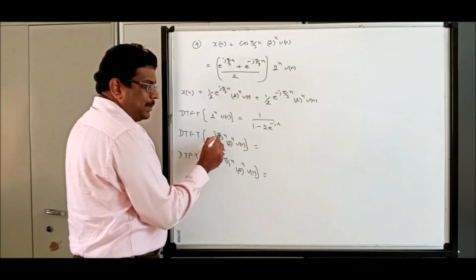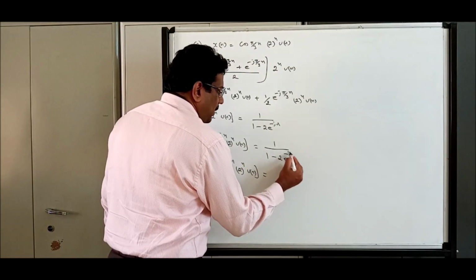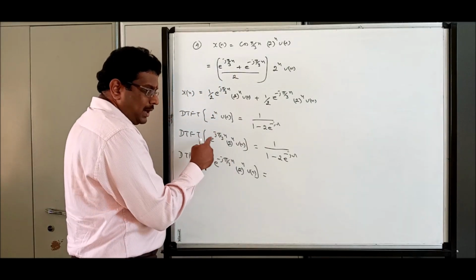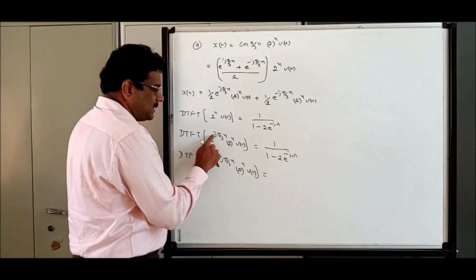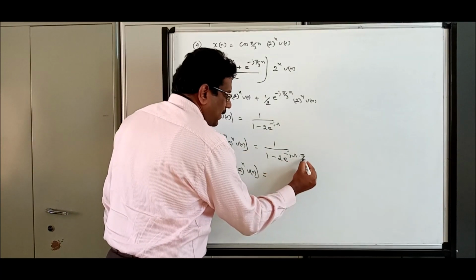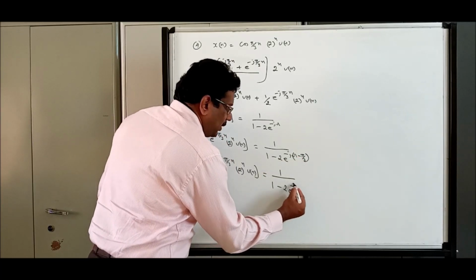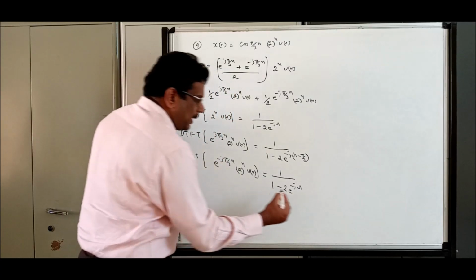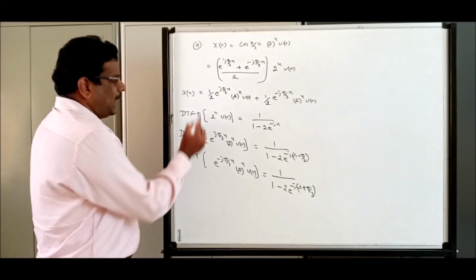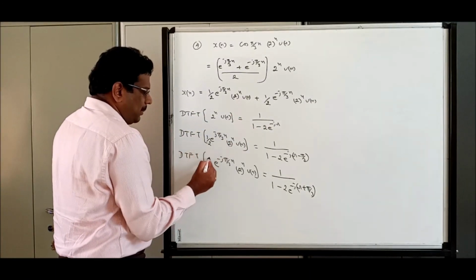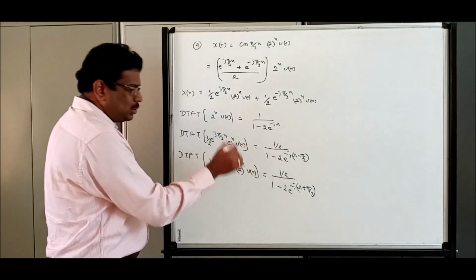In one domain e power j, other domain shifting. So it is 1 by 2, e power minus j omega. In one domain e power j, other domain shifting. Frequency shifting, opposite sign, plus pi by 3, minus pi by 3. Same I am repeating here. 2 e power minus j omega minus pi by 3, plus pi by 3. Apart from that, I need a constant 1 by 2. So if I make it 1 by 2 here, even here also it will be 1 by 2. So these two answers I have to merge.